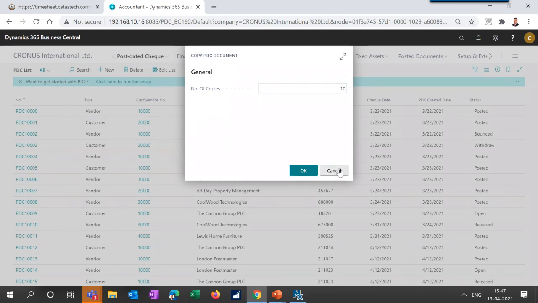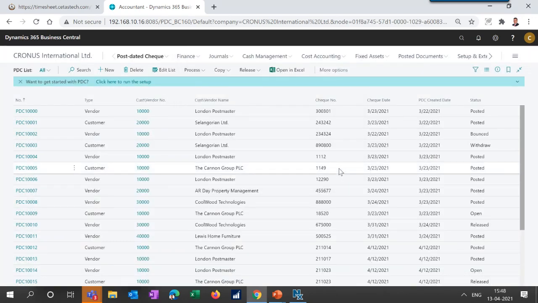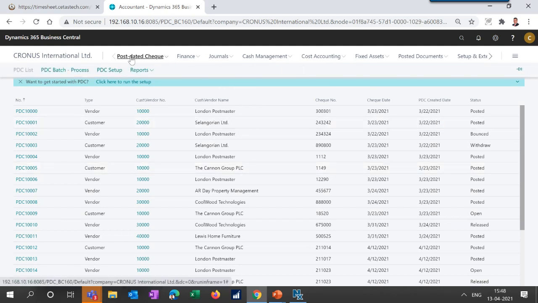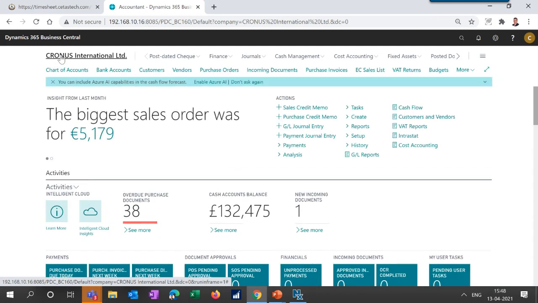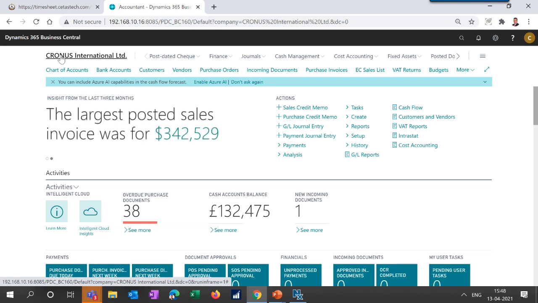This copy functionality will help if you are issuing multiple checks at a time. So these are all the functionalities available in the PDC Manager app.